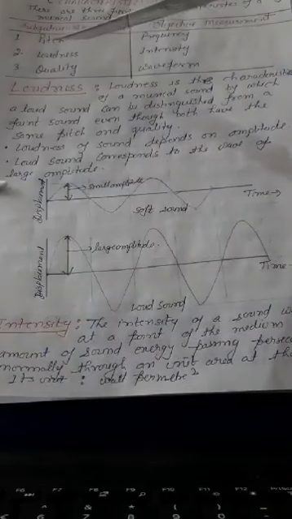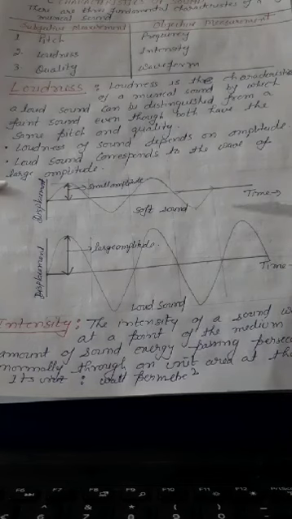Now, as I said, the objective property of loudness is intensity. Loudness is a subjective measurement. See students, loudness differs from person to person. For example, a boy is standing at a distance and producing a sound, and suppose at 10 meters, 3-4 persons are standing. The voice of the boy can be heard by all of them with different loudness. So loudness is not a measurable quantity. It is just our perception. But intensity, being a measurable quantity, is an